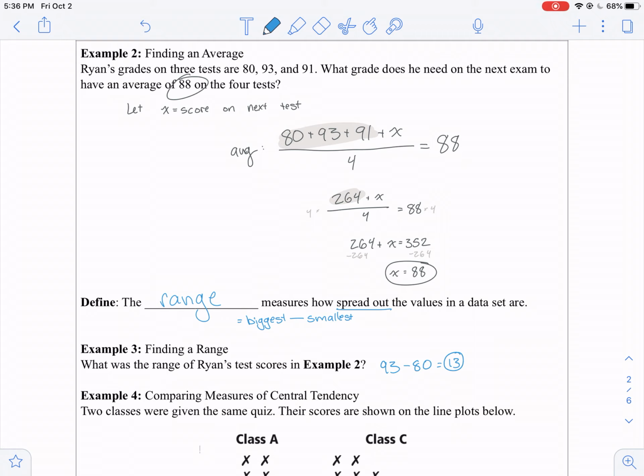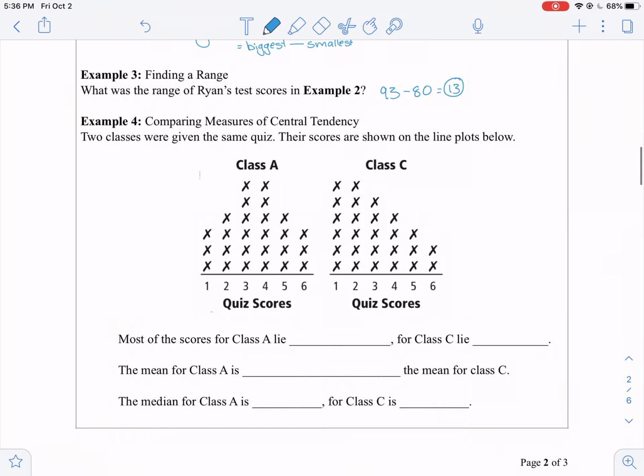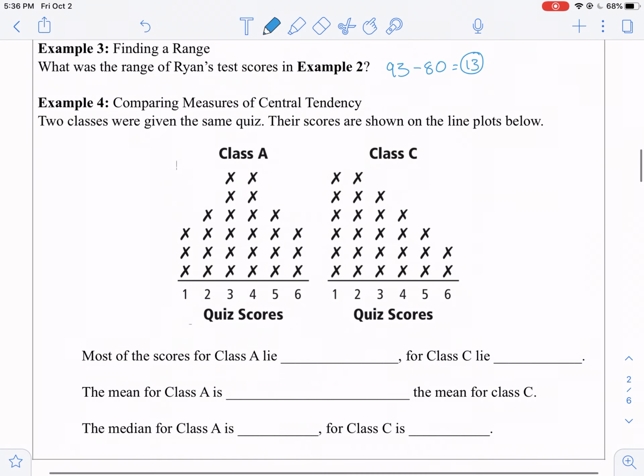Okay, cool. And now this is where it really gets important. So this is what happened. Mr. Esslinger's class and my class were both given the same quiz. And it's out of 6. And this is their scores. So how did they do? Well,